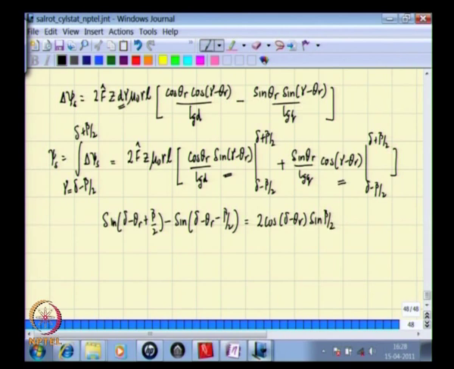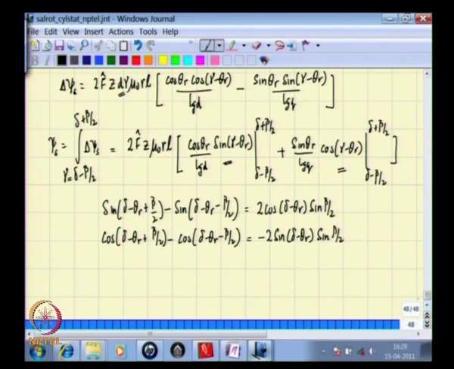And if we look at the second term, that becomes cos of delta minus theta r plus beta by 2 minus cos of delta minus theta r minus beta by 2, that is cos a plus b minus cos a minus b form, that is minus 2 times sine of delta minus theta r into sine beta by 2, and therefore this expression psi s can now be written